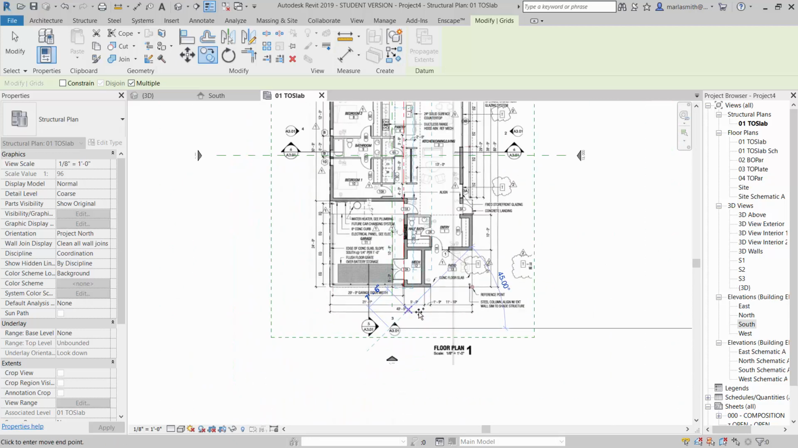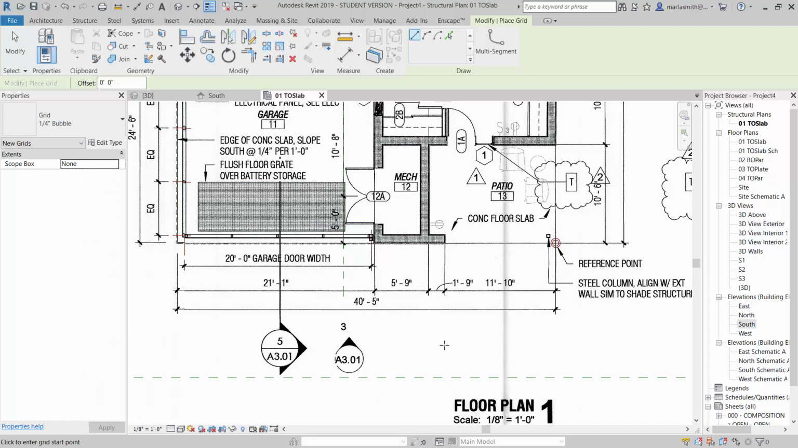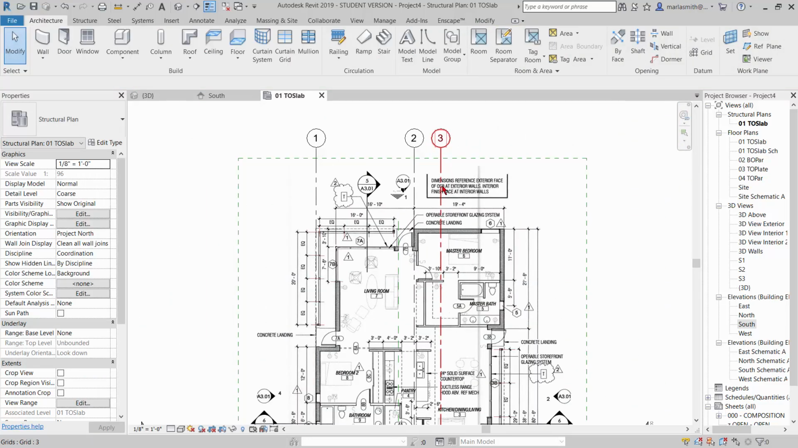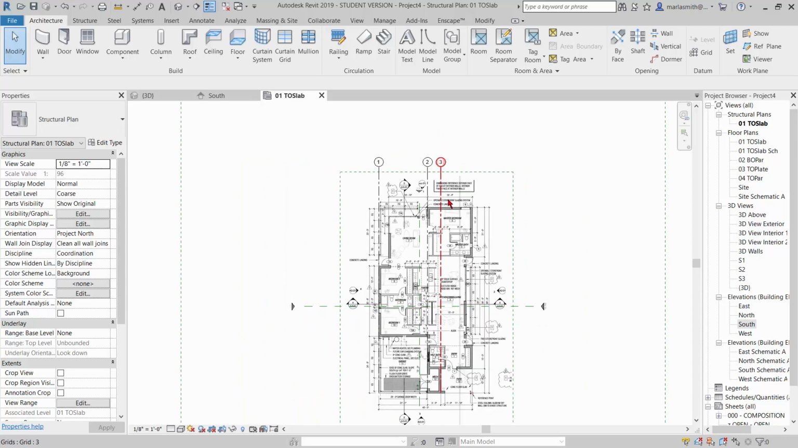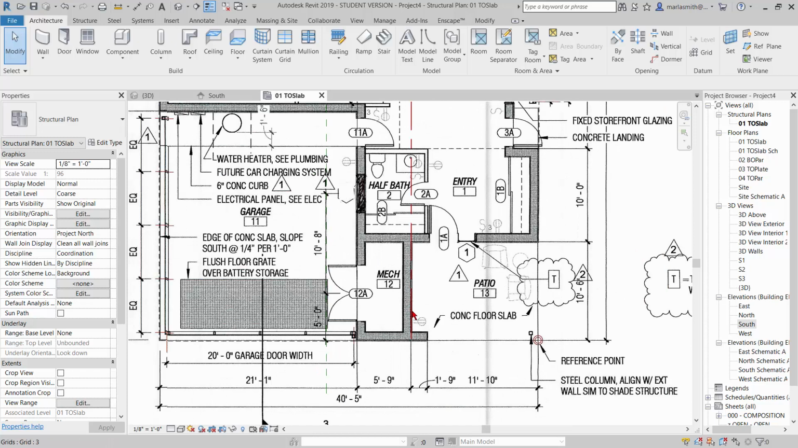Now if I come back down here, I can keep copying. I have my multiple selected right here, and I can go ahead and copy 5 foot 9, right? And it'll place another one. I'm just going to hit enter to stop the command for now, and we'll take a look at what we have. We have a 1, 2, and a 3, and then the next one, right, is going to be all